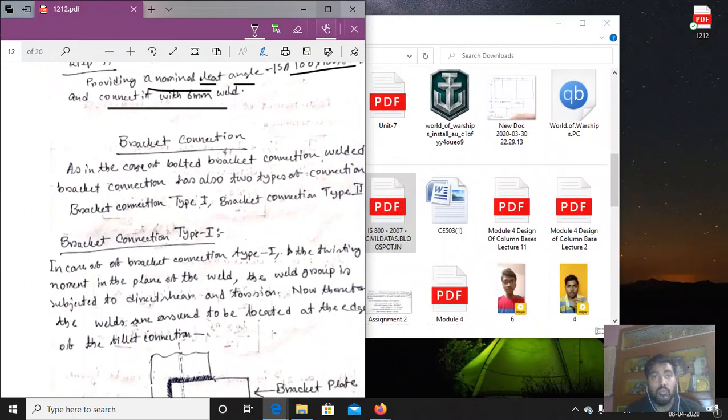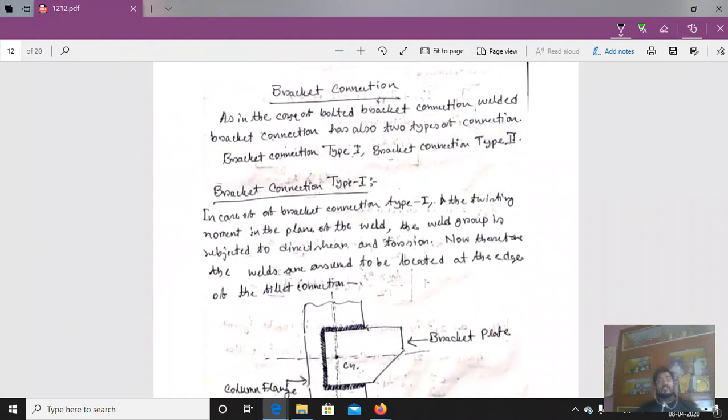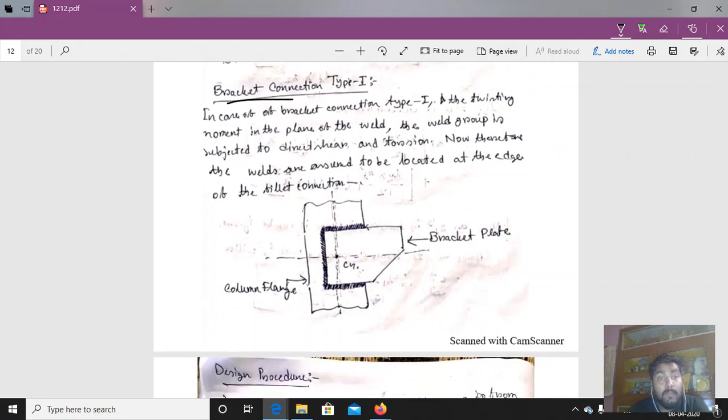Now coming to the welded bracket connection, the most important connection. Basically most of the math in your exam will be coming from the bracket connection. So you have to know very clearly about the bracket connection. As in the case of bolted bracket connection, welded bracket connection also has two types, bracket connection 1 and bracket connection 2. So in case of bracket connection type 1, the twisting moment is in the plane